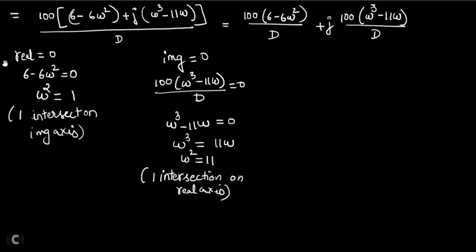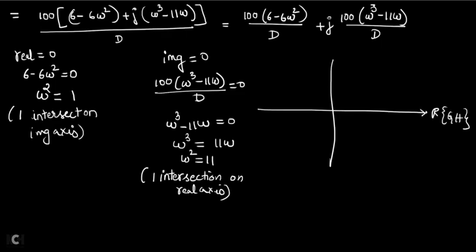Now you have to draw the Nyquist plot of section A to B. We are still in section A to B. This axis I take as the real part of G into H, this as the imaginary part of G into H, and this is your GH plane. This is your origin. This is 0 degree, minus 90 degree, minus 180 degree, minus 270 degree, which can also be called 90 degree.